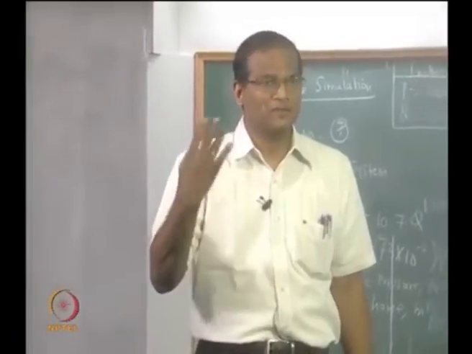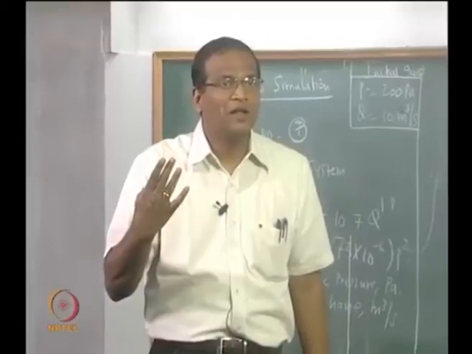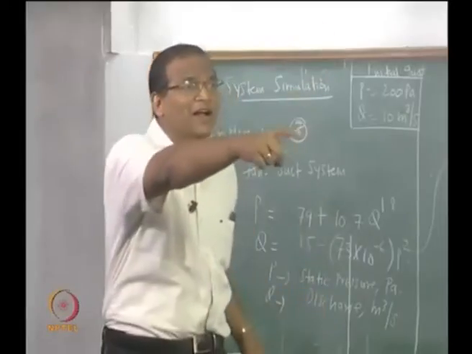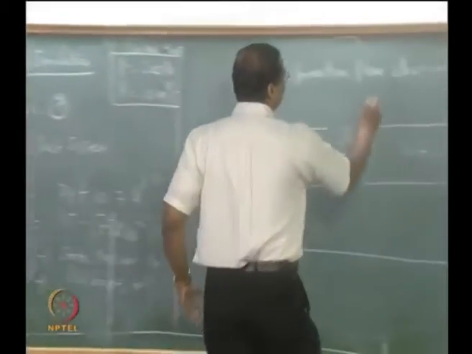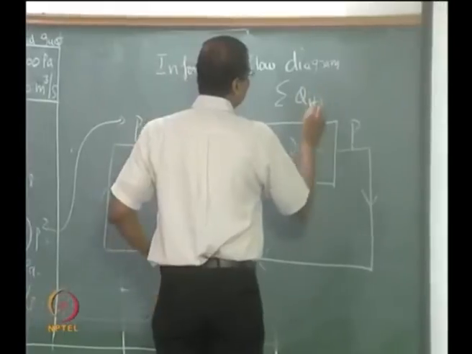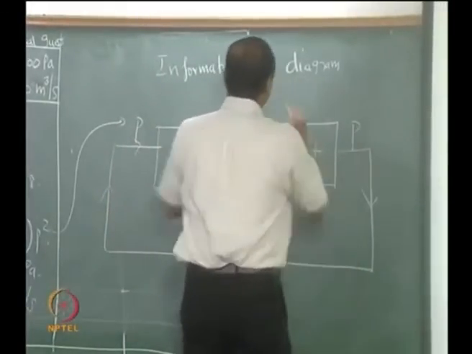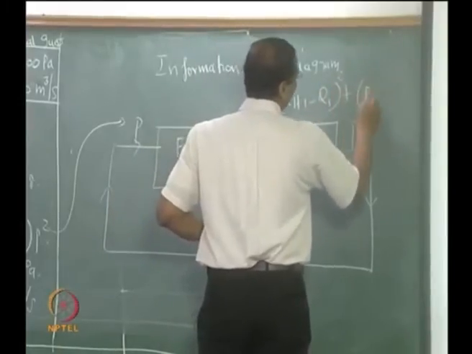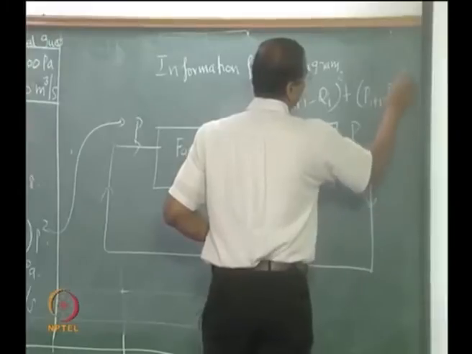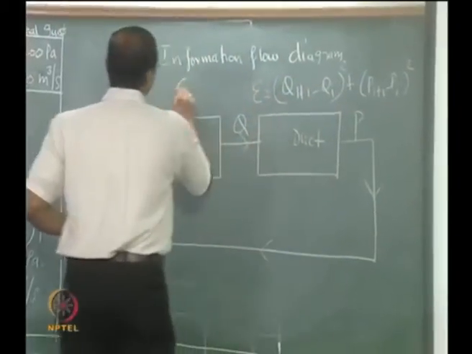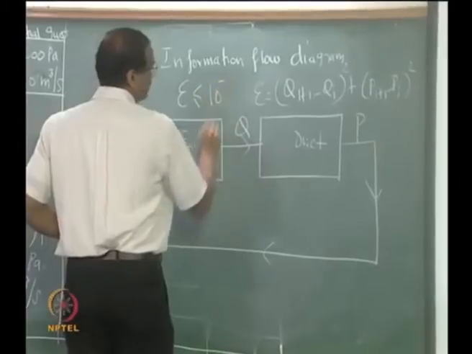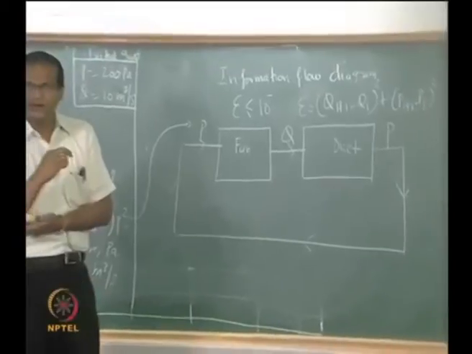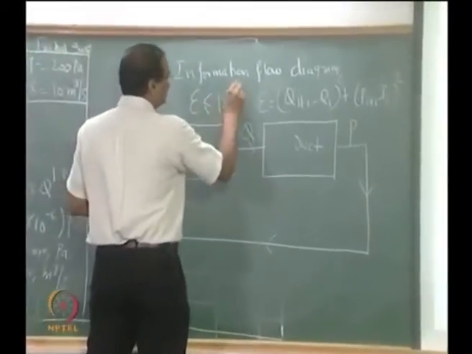Yes, Raghav. So Q_{i+1} minus Q_i should also converge. So how do you incorporate that mathematically? An AND condition. So AND or we can do this: sigma, that's good, sigma of Q_{i+1}. We will put some 10 to the power of minus 6, or 10 to the power of minus 4, okay, 4 you will easily get.